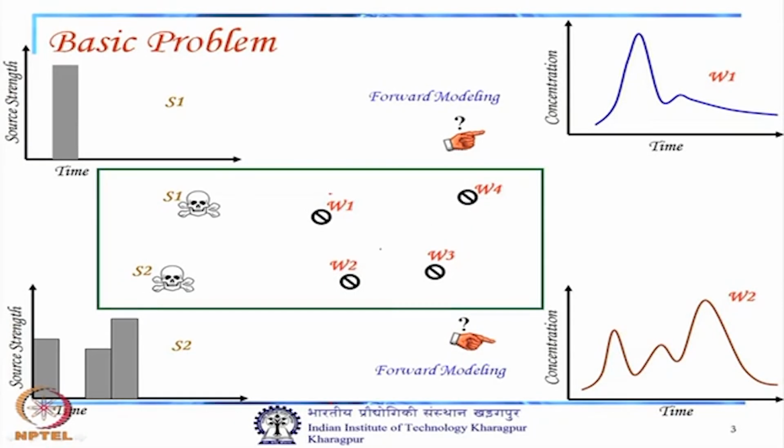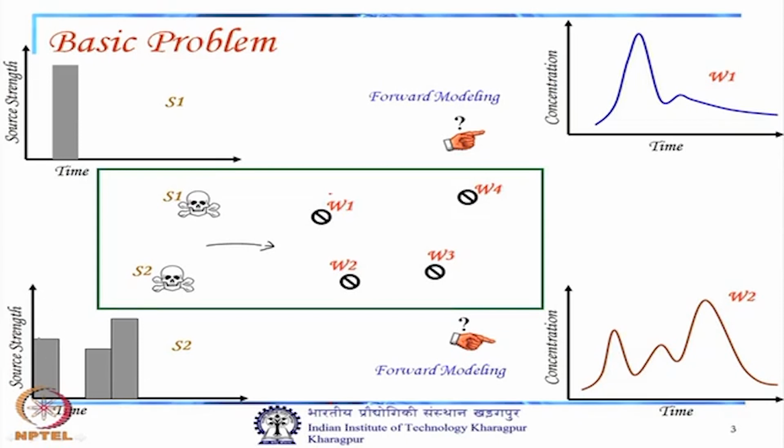These are in the down gradient portion of the aquifer. Let us say this is your flow direction. With this aquifer configuration and these observation or monitoring wells, we can identify S1 or S2 in terms of location, whether S1 is responsible, whether S2 is responsible,